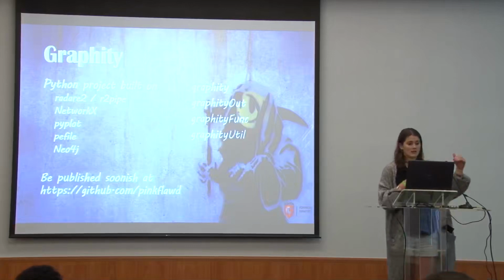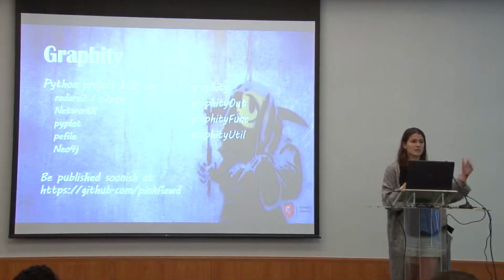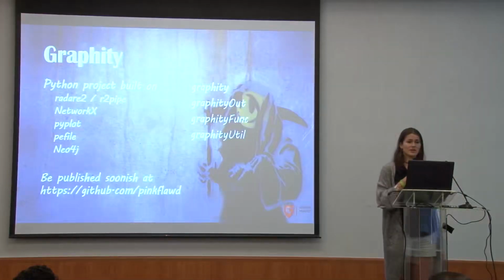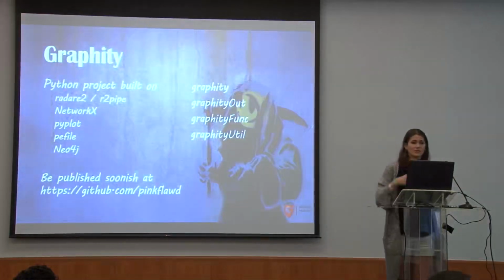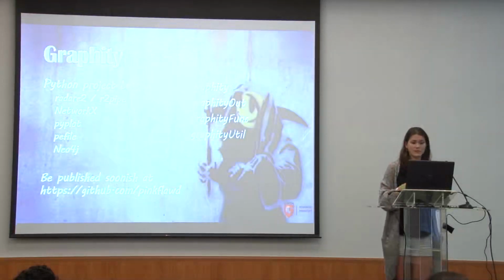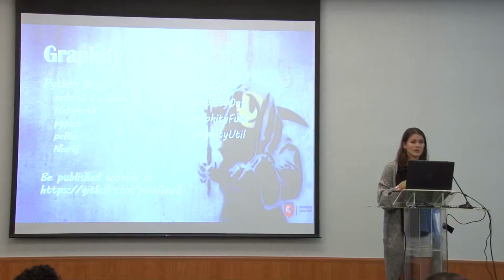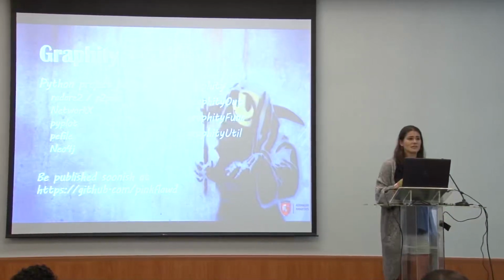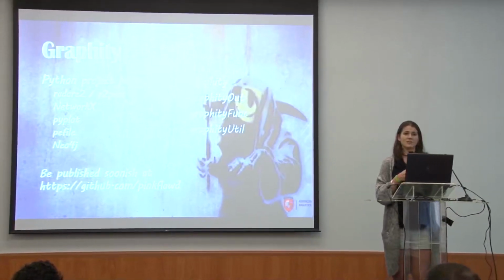So I got all the functions and their cross-references out of Radare and piped the data into NetworkX, which is fairly simple. It's five or six lines in Python to just create a graph. You have to create all the nodes, and then you add all the edges, and then you have a graph structure. It's super simple. Also, the plotting turned out to be super simple. If you refer to PyPlot, there are a lot of libraries that help you plot NetworkX graphs, but PyPlot is the one that's easiest to access, and